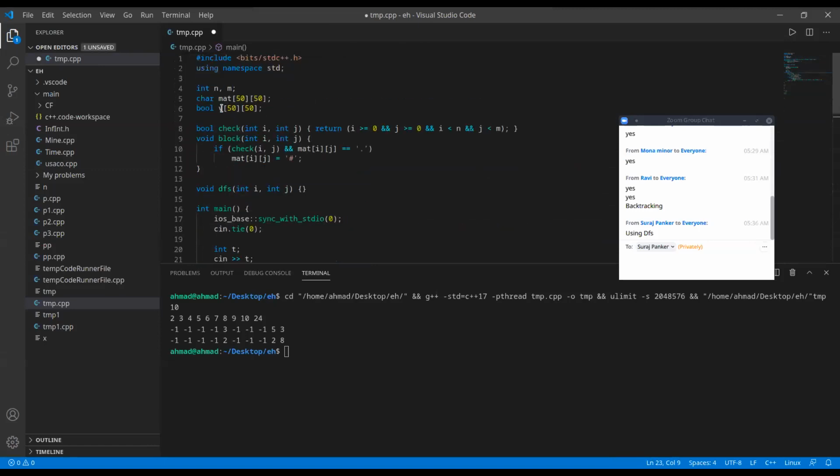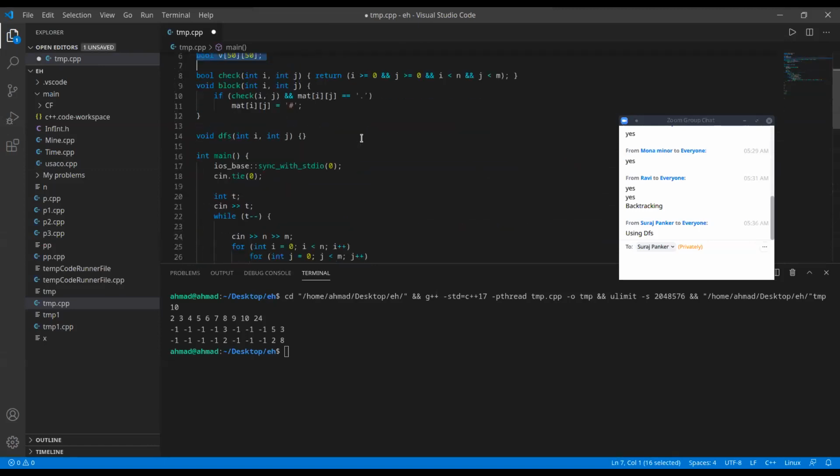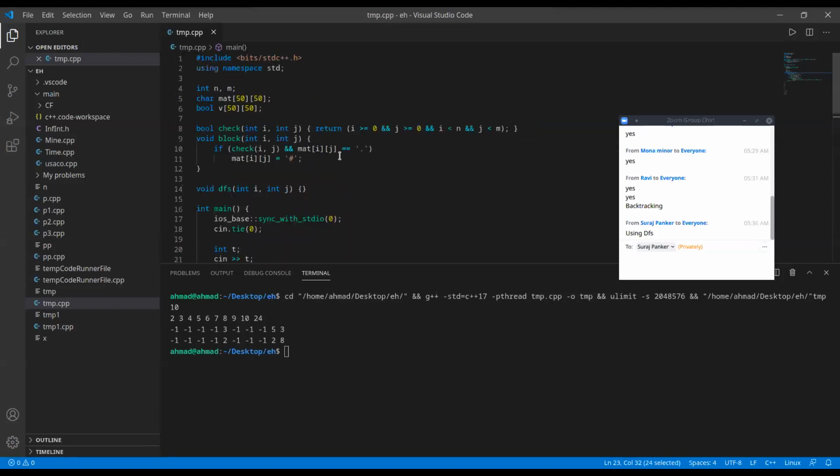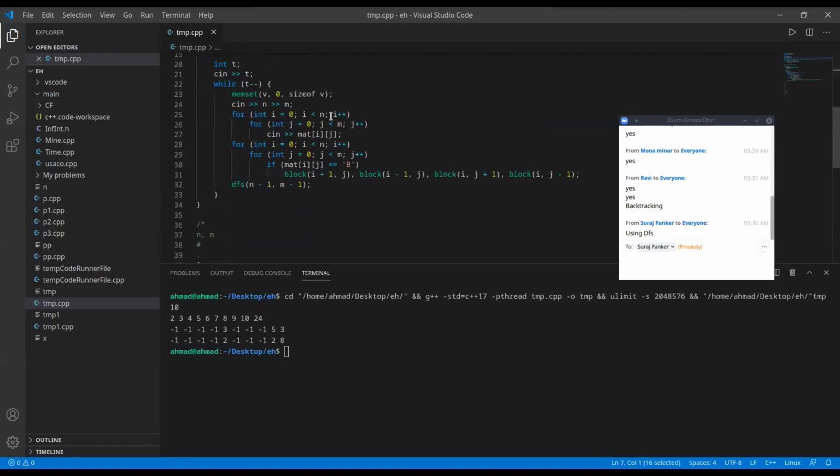First, I want to initialize this visited array with zeros. Before entering any test case, I will initialize this visited array to 0.